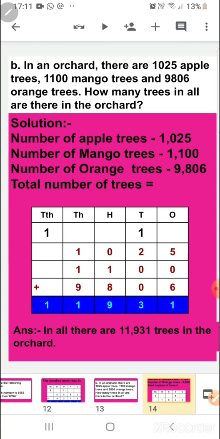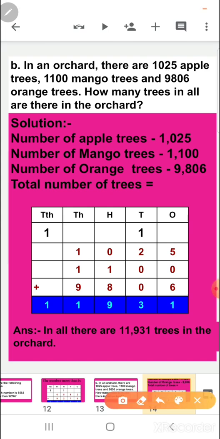Now, statements we can find from the question itself. In our question, it's given that there are 1025 apple trees. So this will be our first statement. Now, as it is mentioned how many apple trees are there, we are going to start the statement with number of, because how many number of apple trees are there, that we are going to write. Number of apple trees is equal to